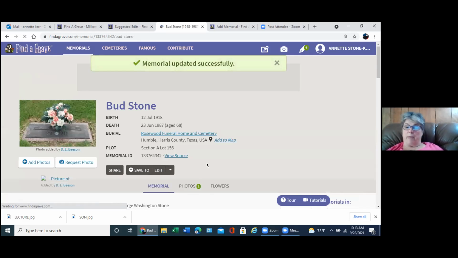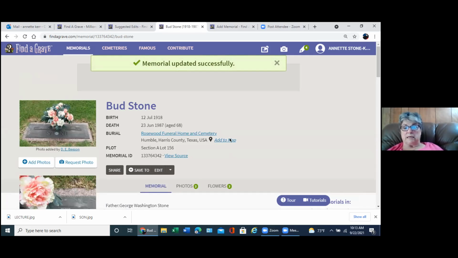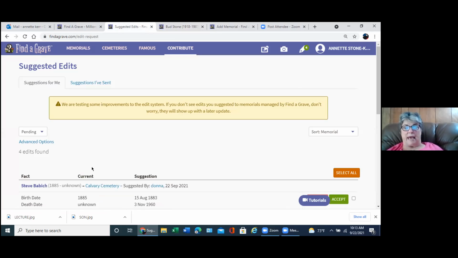It will bounce you back to your first page, and it will indicate at the top that it's been successfully updated. If you should want to add, or if you do add a suggestion on someone else's memorial, this ribbon across the top that has contribute or the ink pen, both of these will do the same